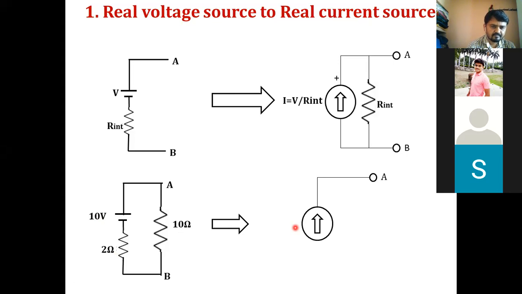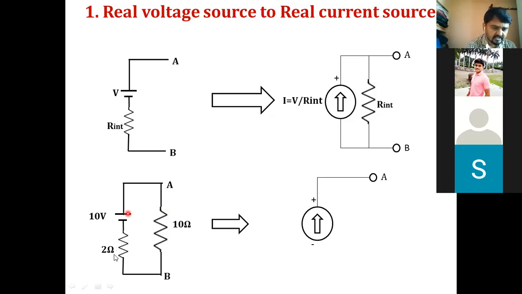Current value 5. That is a big mistake you are doing here. Some people are telling 10 only. This resistance I will connect here as 2 ohm, but we have to calculate I equal to V by R, this V divided by R. Don't consider the load resistance. Only the resistance related to the voltage source you have to consider here.